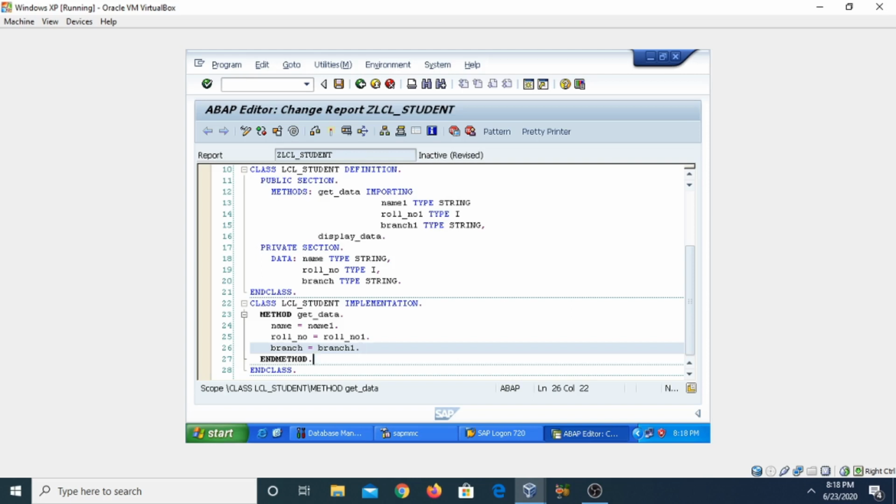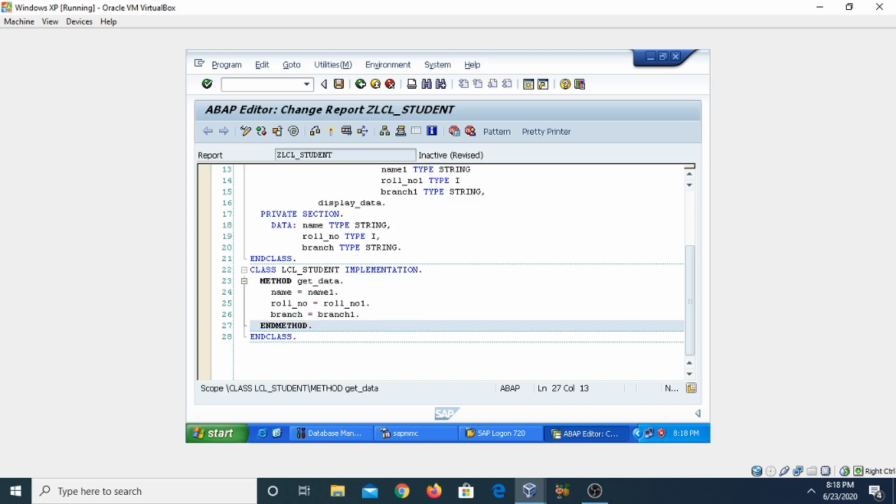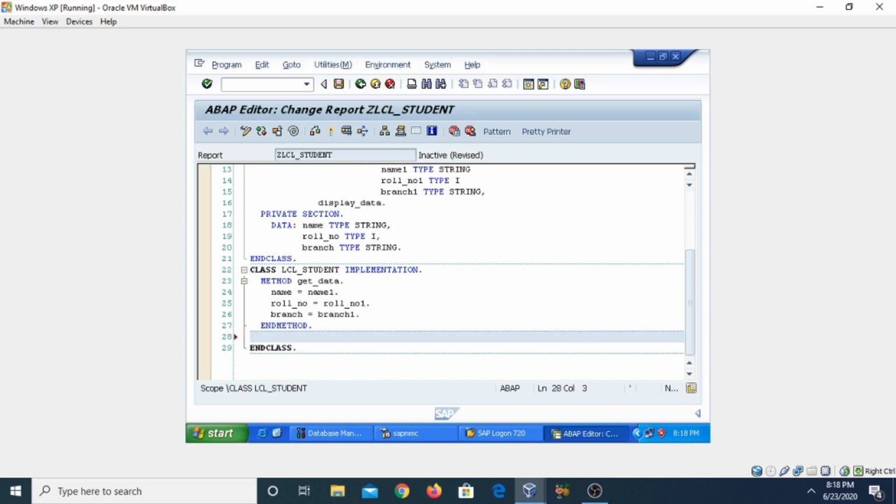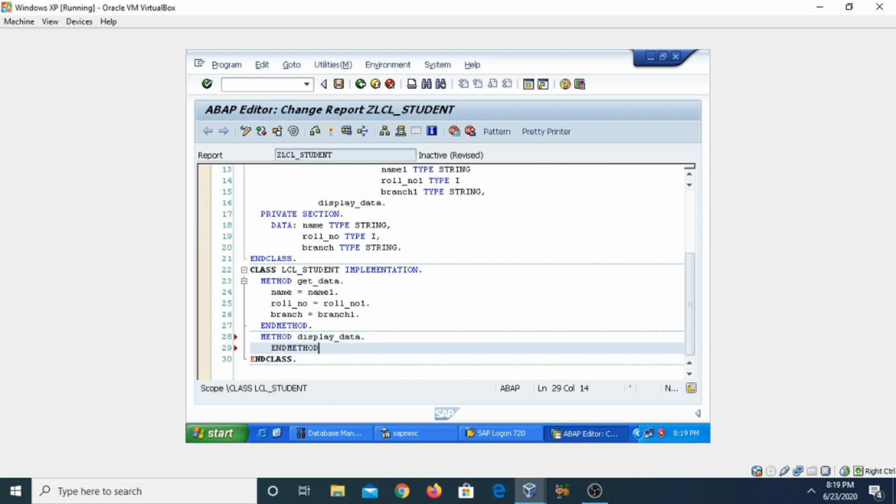Now the second method we want to define here is METHOD display_data. So now here I just want to write the attribute values.